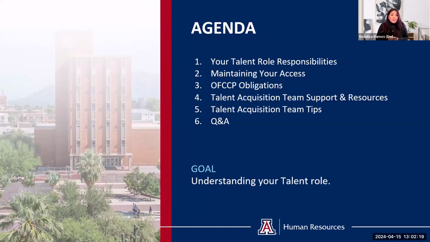After that, we'll transition into some information about the OFCCP and the obligations that we essentially are entangled with as part of our responsibilities. We'll talk more about who they are and what are some of the things that you want to keep in mind in order to support us in meeting those obligations. From there, we'll then tackle some talent team support and resources with you. We'll talk about how we can support you as you navigate the university and continue to support your departments. And then last but not least, before we go into a Q&A, we're going to have our talent acquisition team share some tips with you about requisitions, offers, the talent system in general that can help you in being successful as a user of the system.